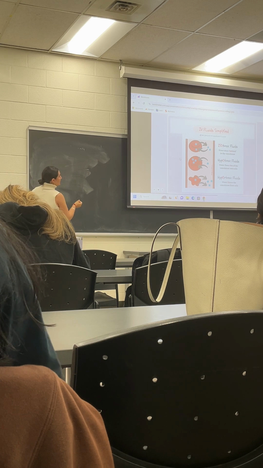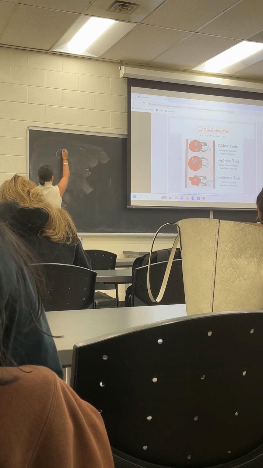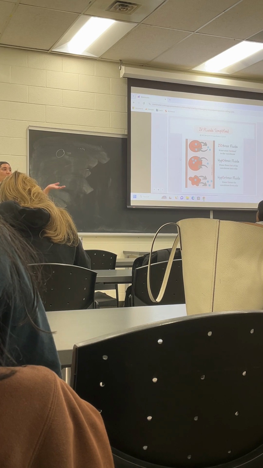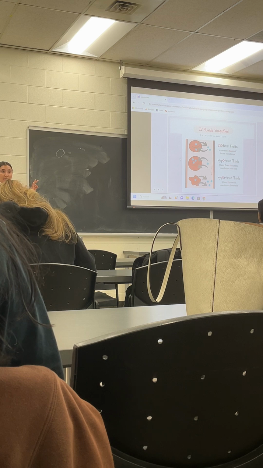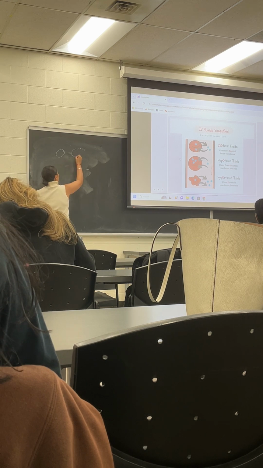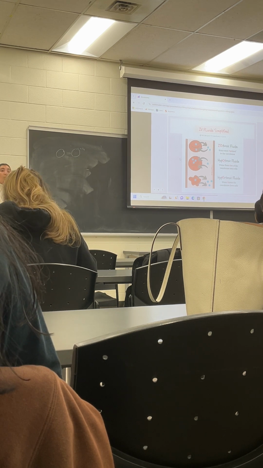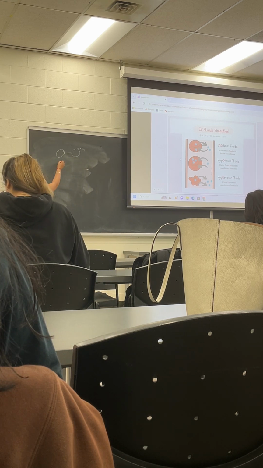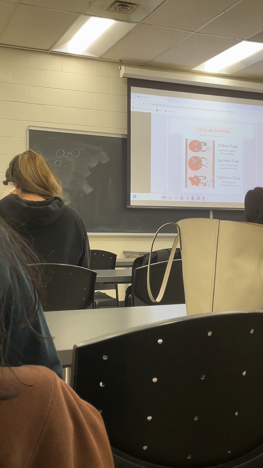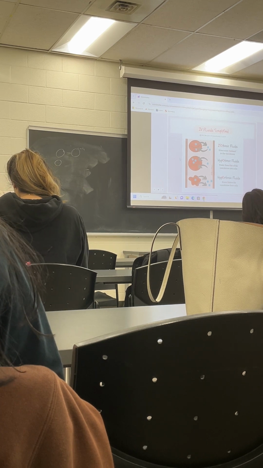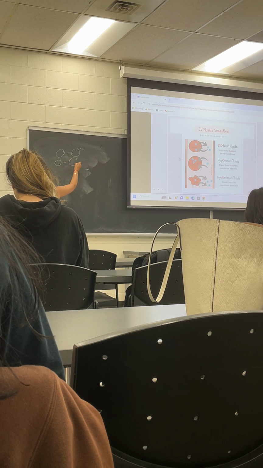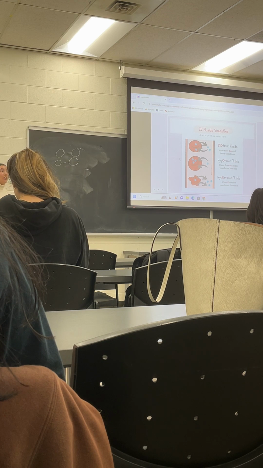Alright, so I'll do my regular one here. This is my cell. If it's isotonic, whatever's going into the cell equals whatever's coming out, so my cell will never change size. It will always be equal. When it's hypotonic, I've got my cell here, but all of the fluid is rushing into it, okay? So my cell is now going to be quite enlarged.